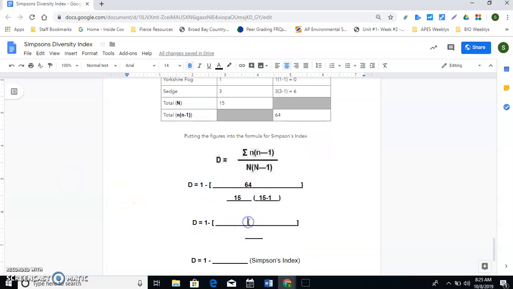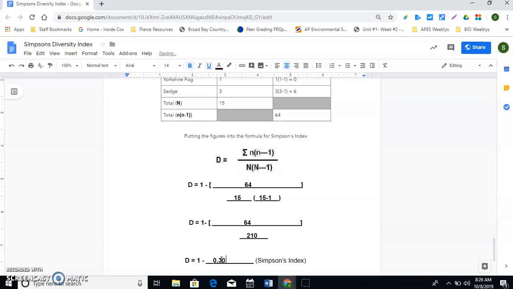So now I have 64 as my top number, and I need to multiply 15 times 14, which is going to be 210. 64 divided by 210 is